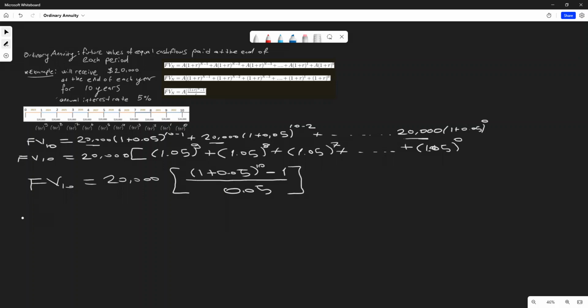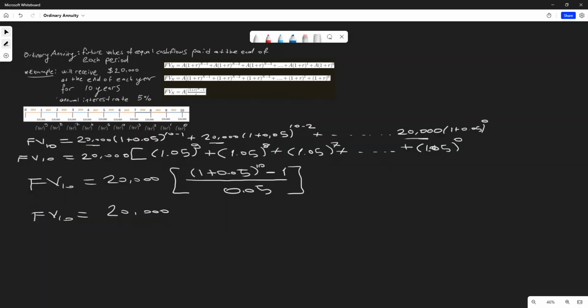Close the parenthesis, and this is equal to $20,000 times 1.62889 minus 1, divided by 0.05,